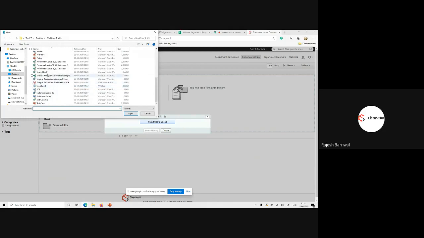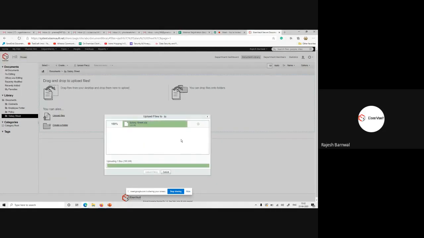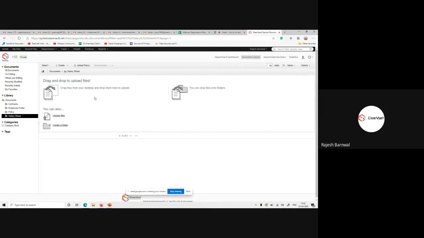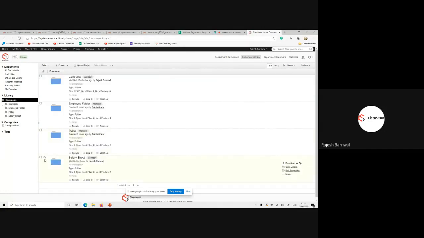So this is the salary sheet. Okay, let's click OK. And so the document is uploaded, but you won't be able to see it till approvers take any action on it. Okay. So I'll show you who are the approvers in this salary sheet folder.